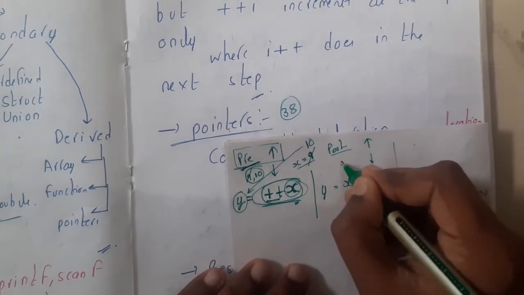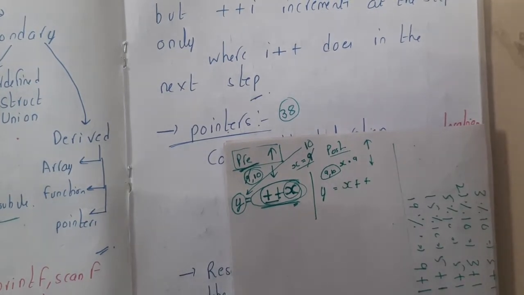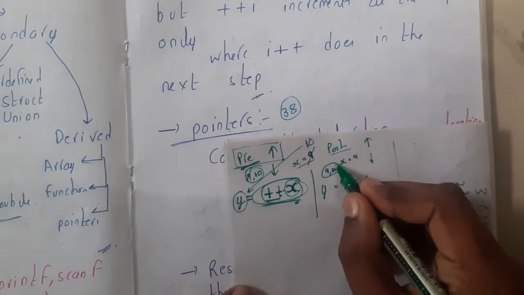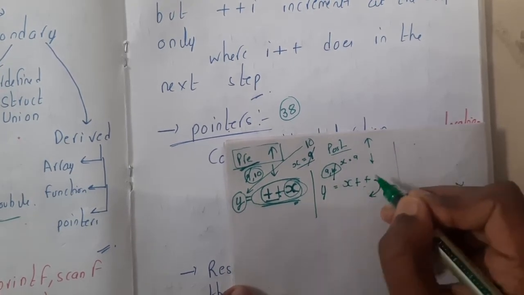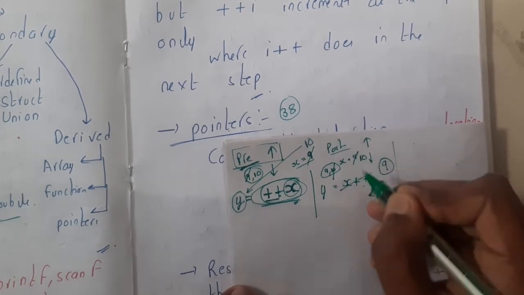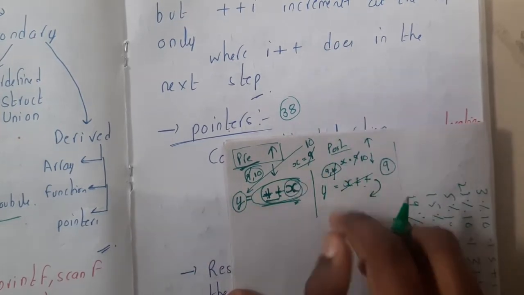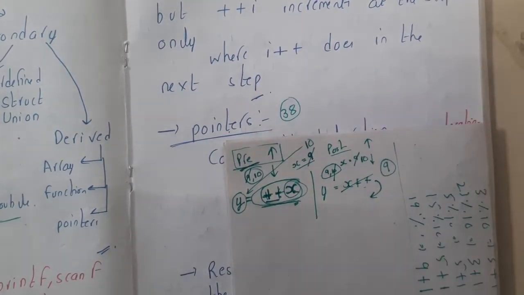Similarly, if it is y is equal to x plus plus, that is post-increment. In this situation, x is equal to 9. Will y be 9 or 10, guys? You might say it will increment and then substitute, right? But it's wrong. It will increment in the next step. It will substitute y is equal to 9 and then increment the value to 10. So if the plus plus is before, it will increment instantly. If it is after, it will increment after the particular step. Remember it that way.